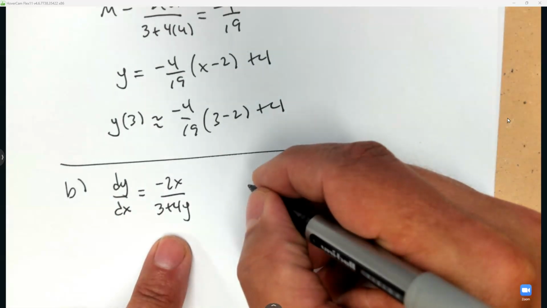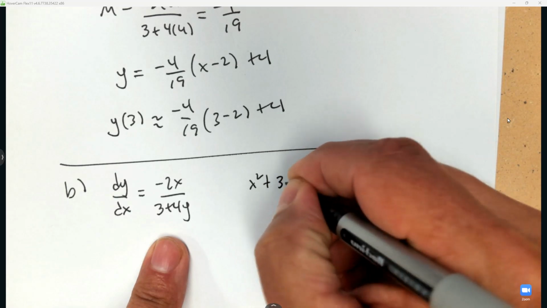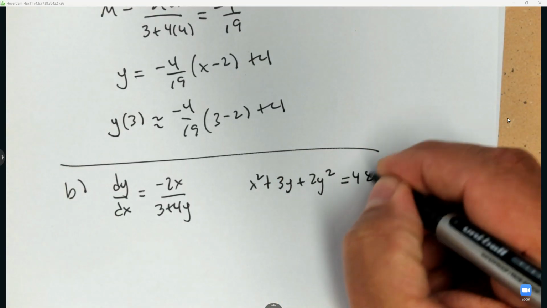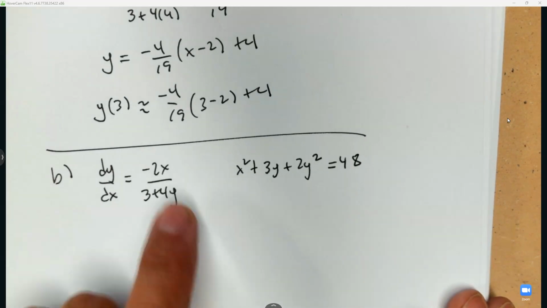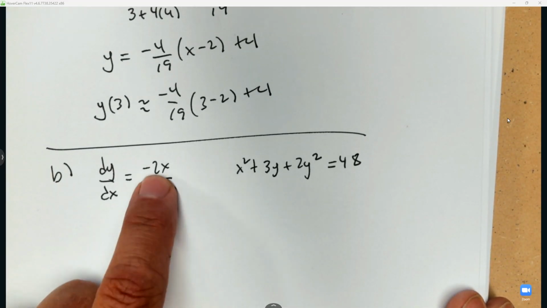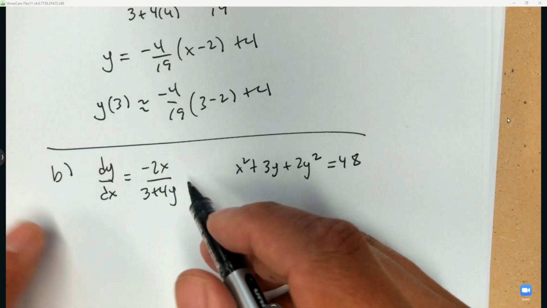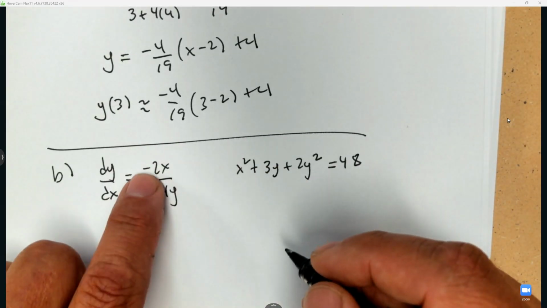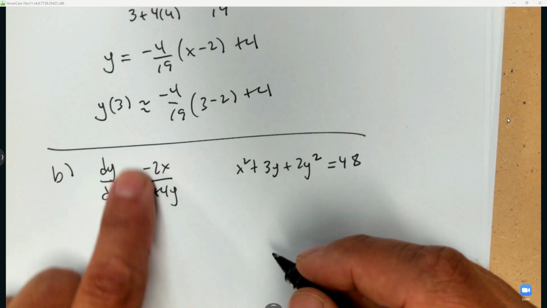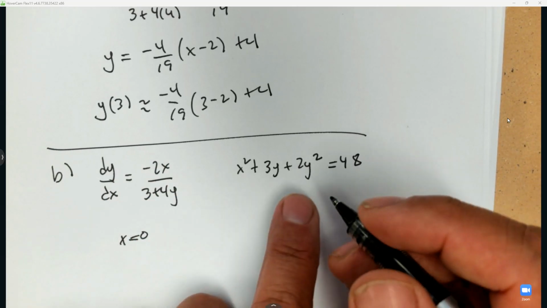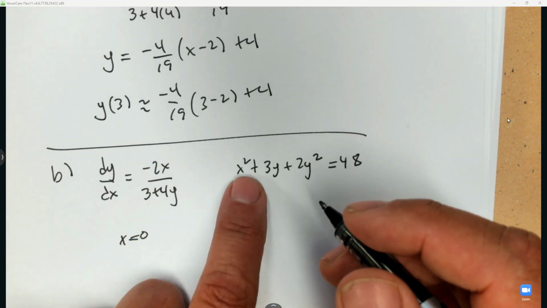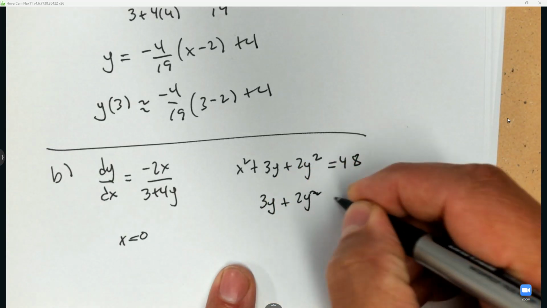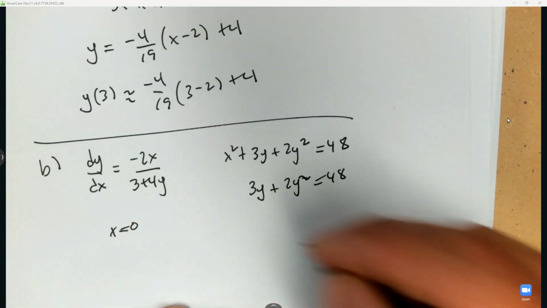So if I look at the original equation, there's 2 ways to go about it. The easiest way is here. I can tell that what makes it 0 for x is if x equals 0, negative 2 times 0 would make a critical value. And the other one is if y. So if I plug in 0 for x, I'm left with 3y plus 2y squared equals 48. And then if I solve that,